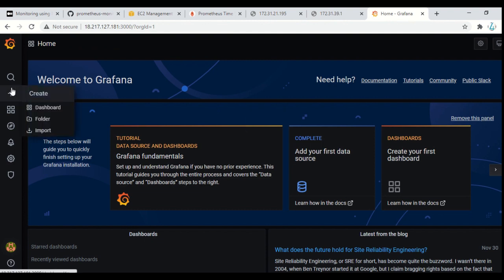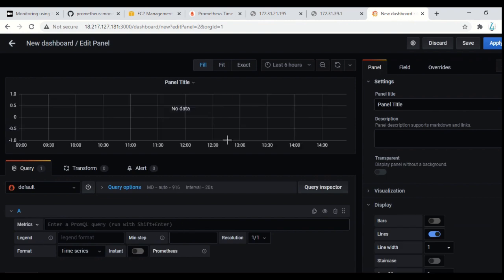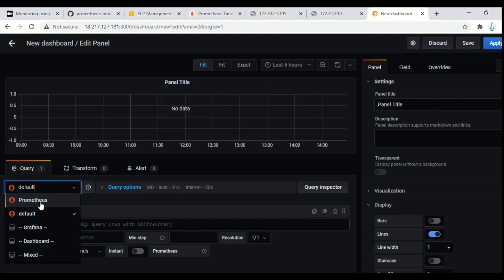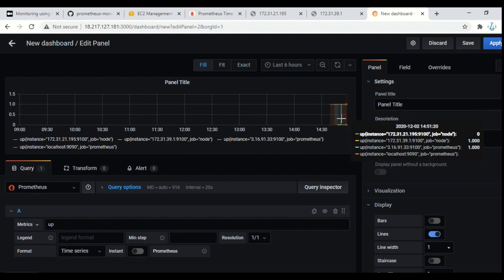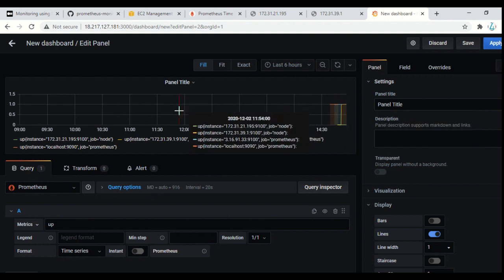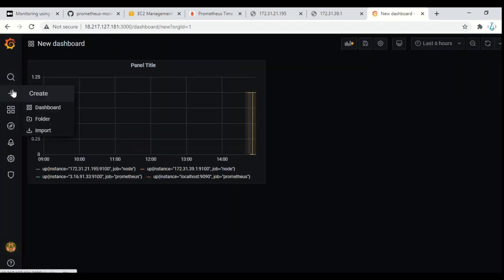There is an option of creating a manual dashboard also. You can create this dashboard, add new panel, and here you can select your Prometheus data source. And as I mentioned, you can put your metrics here and it is showing you, you can save it. So this would be your one dashboard and you can create it according to your need also. But Grafana already provides default dashboards that you can use directly, like you can just import it, right? So that you don't need to create the big queries, you can directly use it. So let me just do that.